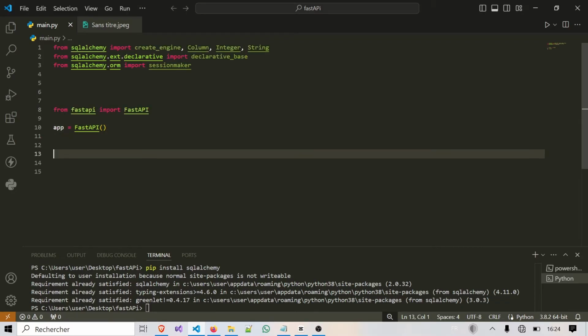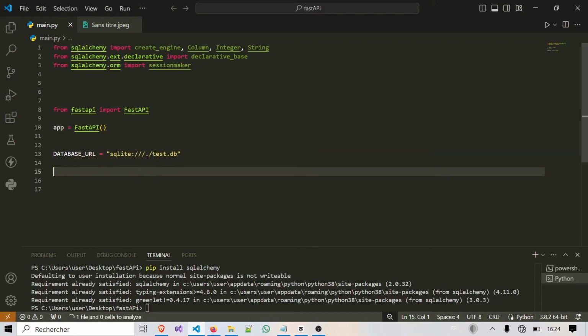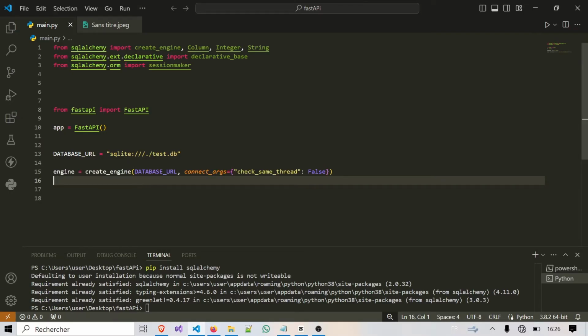Now we define the URL for our SQLite database. This URL tells SQLAlchemy where to find our database file. We create an engine using create_engine. This engine is what connects our FastAPI application to the database. Here we're using SQLite with the database URL sqlite:///test.db. The part connect_args check_same_thread False is specific to SQLite and allows the same connection to be